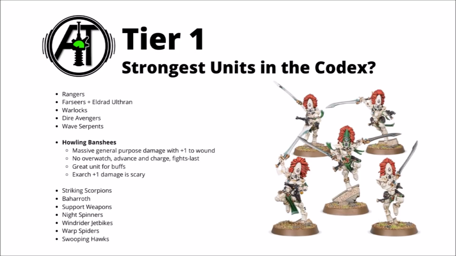Speaking of which, we come to the Howling Banshees, Kane's shouty power sword girls, who Games Workshop really do seem to have put big effort into actually trying to make work this edition. They're still hampered by very low toughness, but at least when they hit, they do hit hard. They've got a whole flurry of strength 4 attacks with +1 to wound. The enemy can't overwatch against them, they can advance and charge, they make the enemy fight last when they charge in,